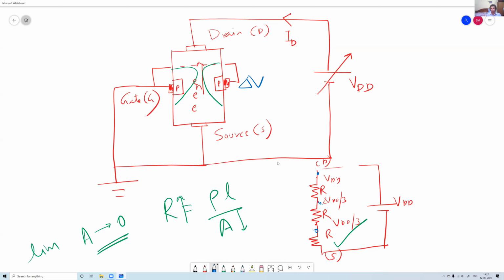So even in the depletion, when they almost tend to touch each other, that is the pinch off region. In the pinch off region, the current does not become zero. So if I plot a graph, this is my VD, this is my ID, then it increases, and at pinch off, it saturates. This is the VP. Is this okay? If I further increase, it will not change anymore. Is it okay?